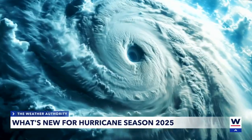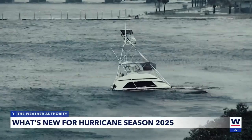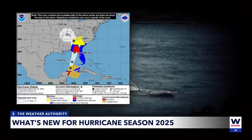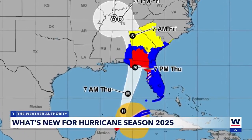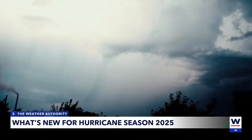The cone will shrink again this year by 3 to 6%, and the Hurricane Center will once again use this experimental graphic, giving the public an overall snapshot of a storm's impact. This is an example of Hurricane Helene, and in this case you can see almost the entire state of Florida was under either a tropical storm or hurricane watch or warning, along with much of Georgia, parts of South Carolina